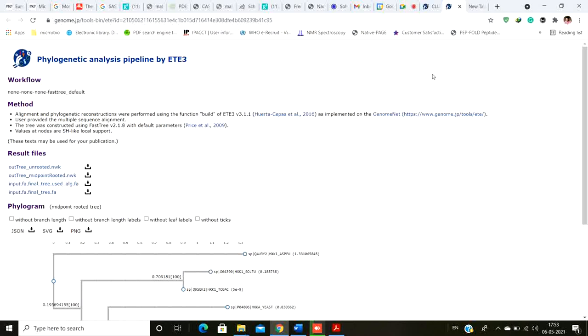Now, I'm also going to show you one other tool that's going to help you a lot. Whenever you model a particular protein, generally if you're going for drug designing, you need to analyze the structure, like what are the solvent accessible regions and other properties. One of the things is SASA, that is solvent accessible surface area.